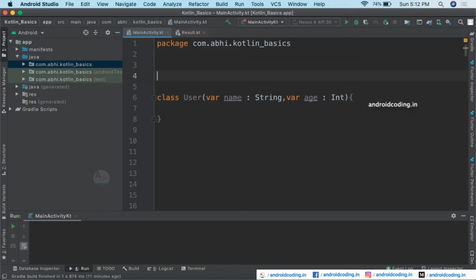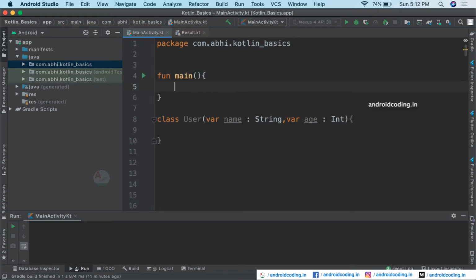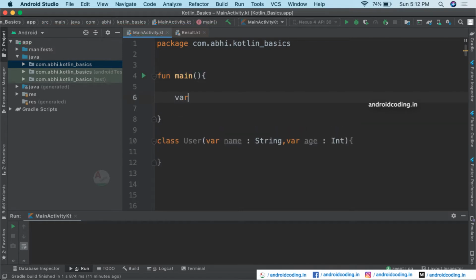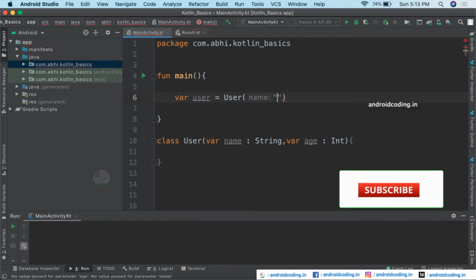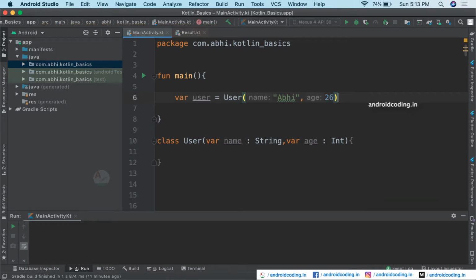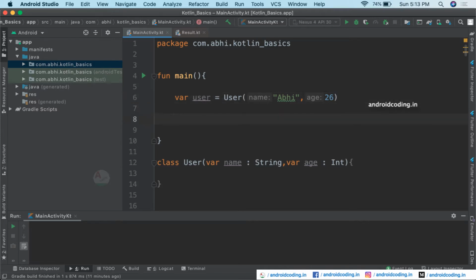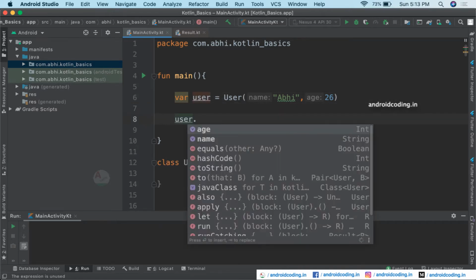Let us consider the main method, and using which create an object for user and also provide the data. So here we have provided some data to our user class, and now with the help of the user we can just make use of them.